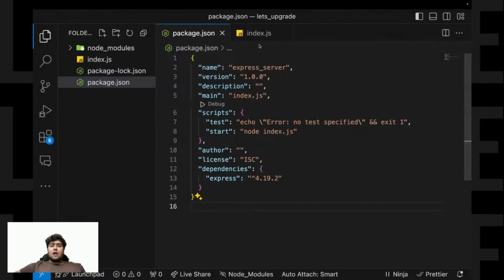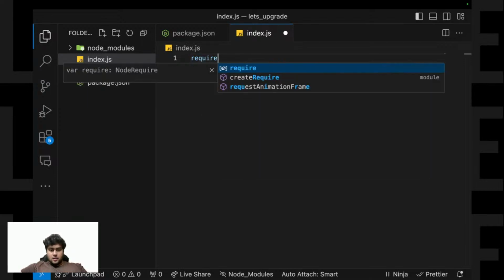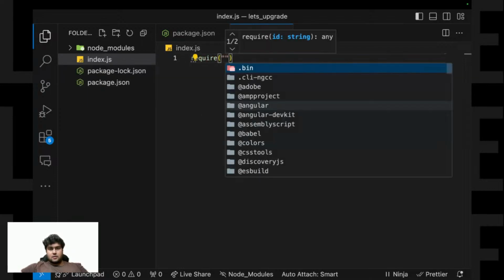So how to use Express? How do I add Express to my project? In order to add Express, we need to import the module. To import the module, I'll use require express.